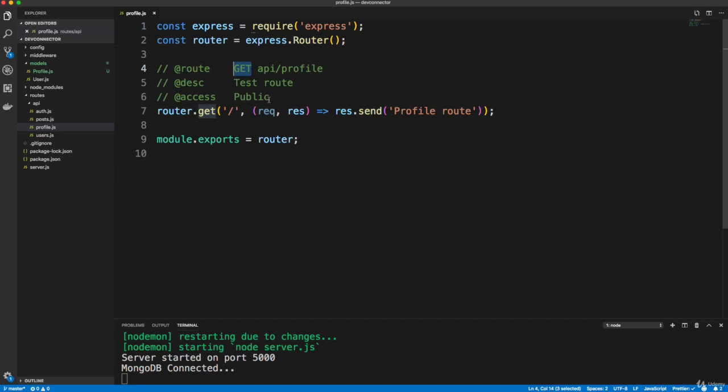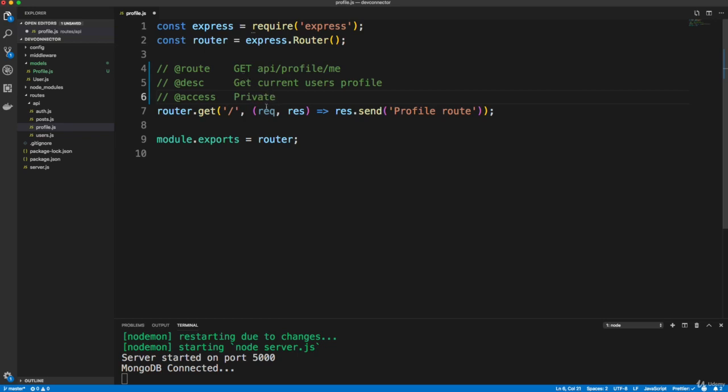So we're going to go ahead and this is going to be a GET request, but the endpoint is going to be API/profile/me. Okay, because just API profile, I want that to get all profiles. This particular endpoint, I want to just get just ours based on the user ID that's in the token. So let's change this to get current user's profile, and this is going to be private, obviously, because we're getting the profile by the user ID